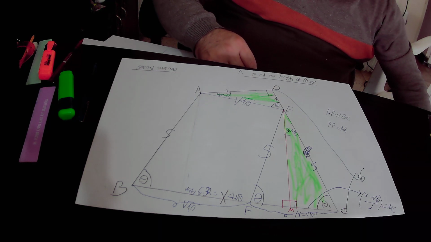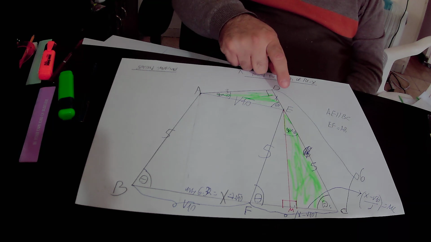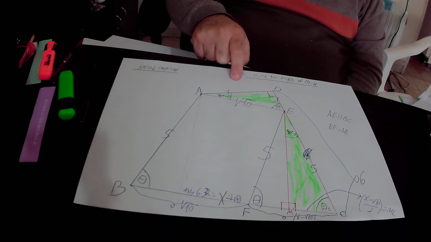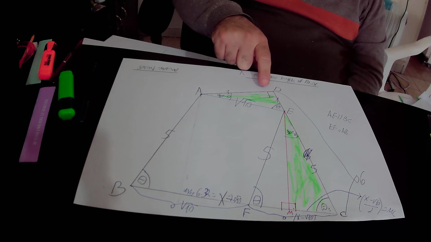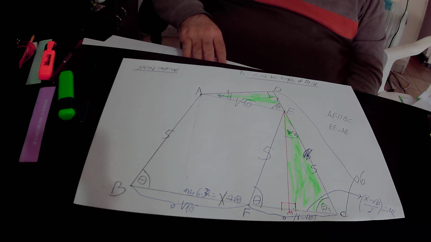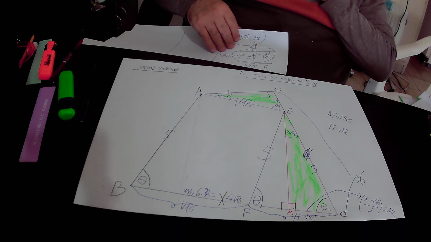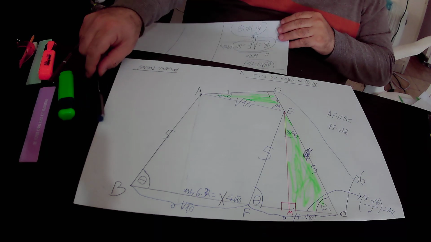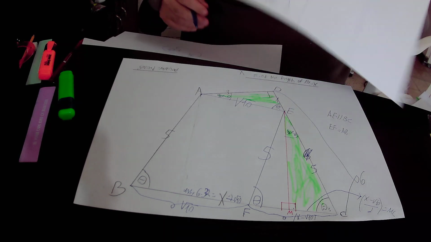So in this right triangle ADE, side DE equals 1, side AD equals 3. So we can implement the Pythagoras theorem in order to find the hypotenuse. According to the Pythagoras theorem, the square of the hypotenuse equals the sum of the squares of the perpendiculars. So in the right triangle AED,